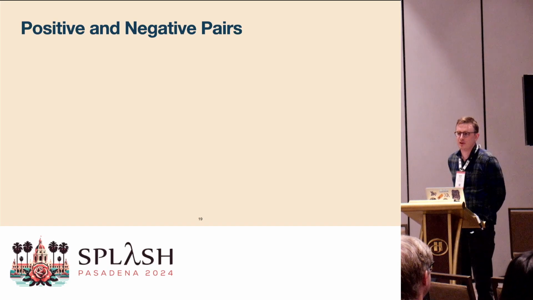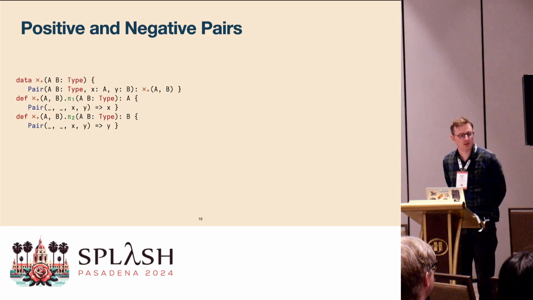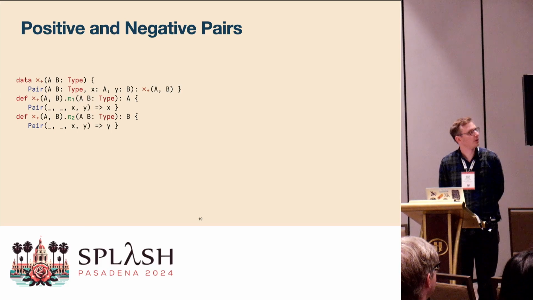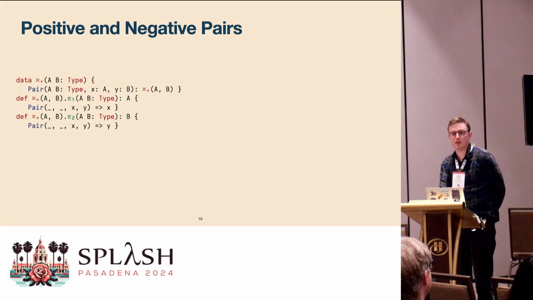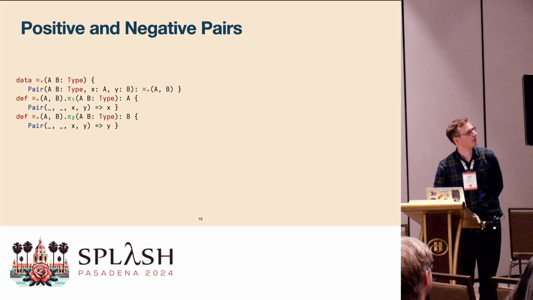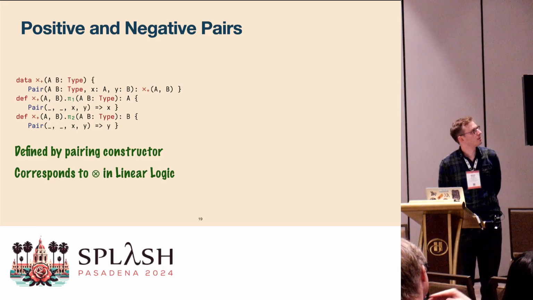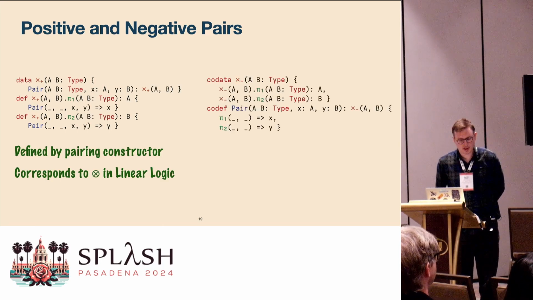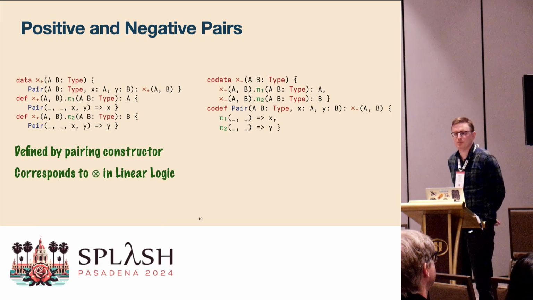Another example are positive and negative pairs. So there are two ways to define a tuple of two elements. Here on the left, we have the data type representation that you can find in functional programming languages like Haskell or other languages with algebraic data types like Rust. And the first and second projection are here defined by pattern matching on the pair constructor and returning the respective element. And if you look at linear logic and substructural systems, then this way of defining pairs corresponds to the tensor, whereas the negative way of defining pairs, which is that a pair is everything which implements a first and a second method,